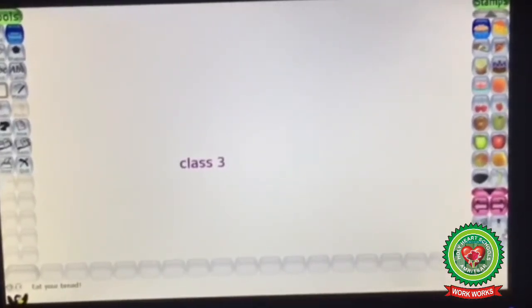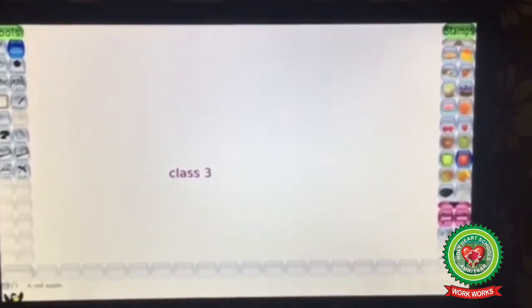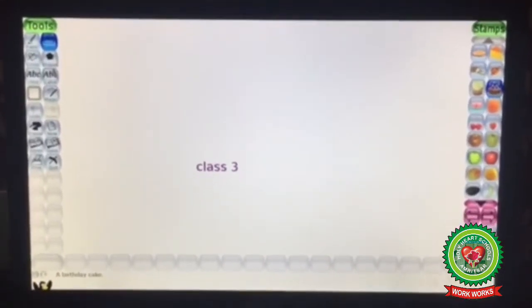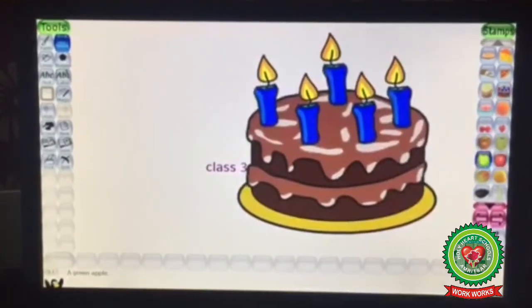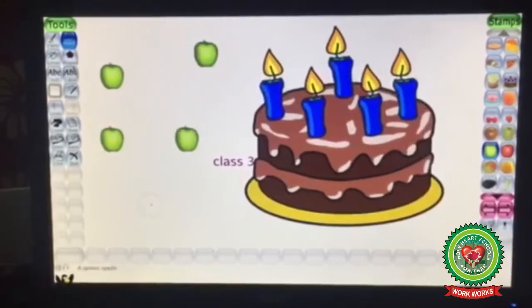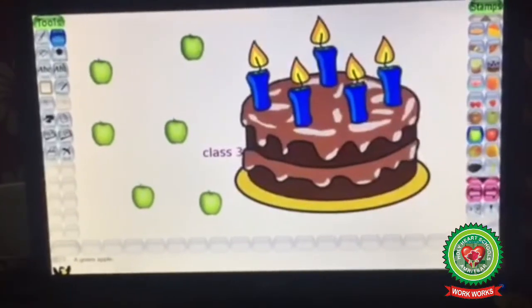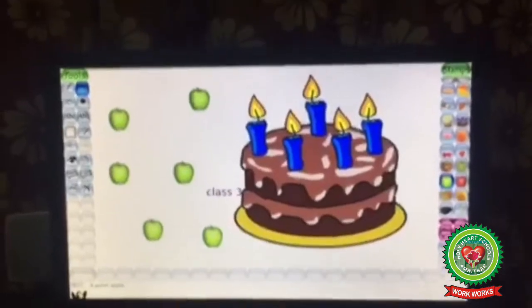Now we will put some stamps in the drawing area. Now I am going to choose any stamp. Like, I have chosen the cake. I will increase or decrease the size of the stamp from the slider, and then place the stamp by simply clicking in the drawing canvas area. In this way, you can apply any stamp by simply doing a single click on your drawing area. So till here we have done paint tool, line tool, shapes tool, text tool, eraser tool and stamp tool.